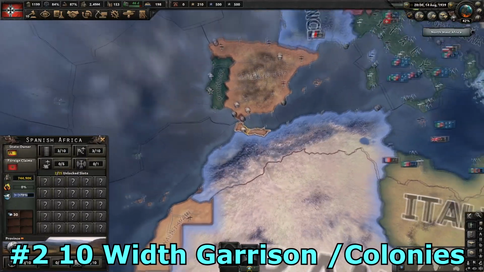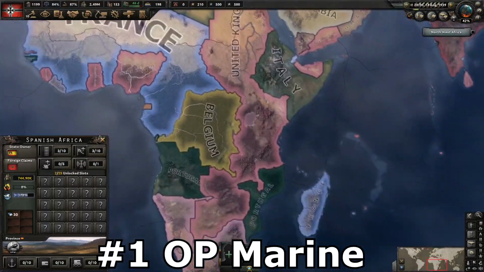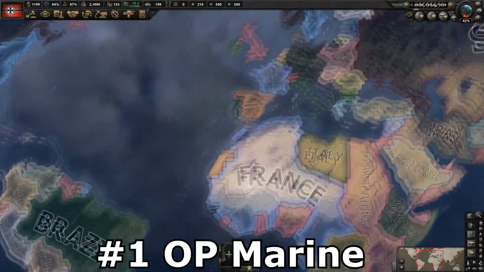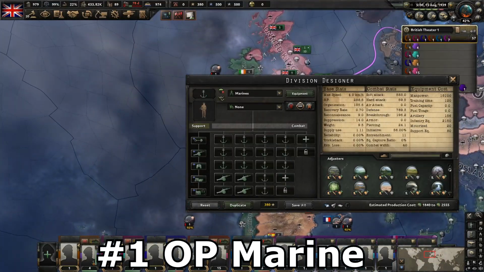If you outnumber your opponent, that 10 width is going to be completely enough to have a normal fight in Africa or Asia. So yeah, I recommend using these 10 widths for your garrison and for your colonies, not for your main fronts, of course. So this last division I'm going to show you is